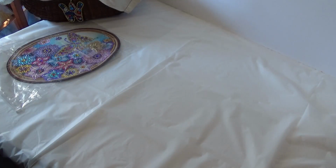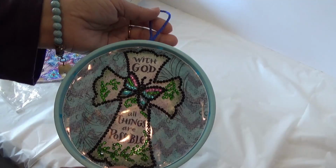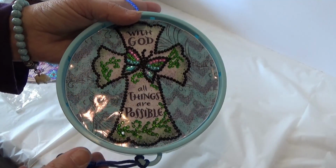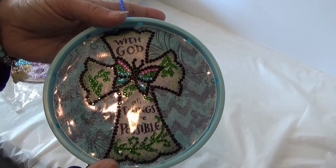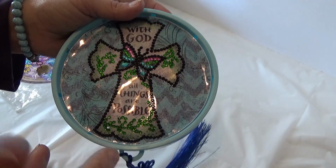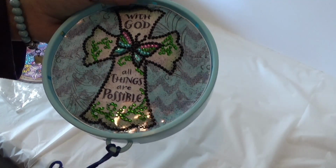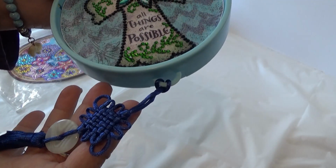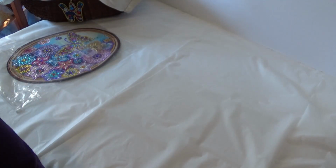Another one that I got finished is another wall hanging. And like I said, if I get done with it, I think these were from Diamond Painting Factory, if I'm not mistaken. So if I get finished somewhere along the line, I will put up a picture of it hanging on the wall. And it comes with this really lovely tassel that I just loved. Okay? And another one,